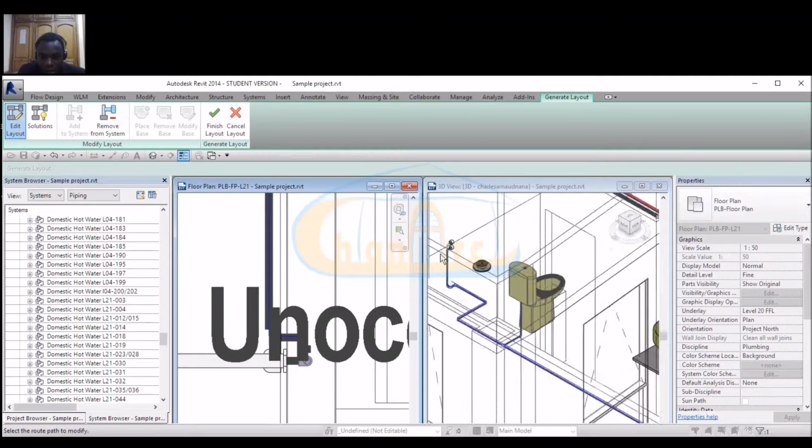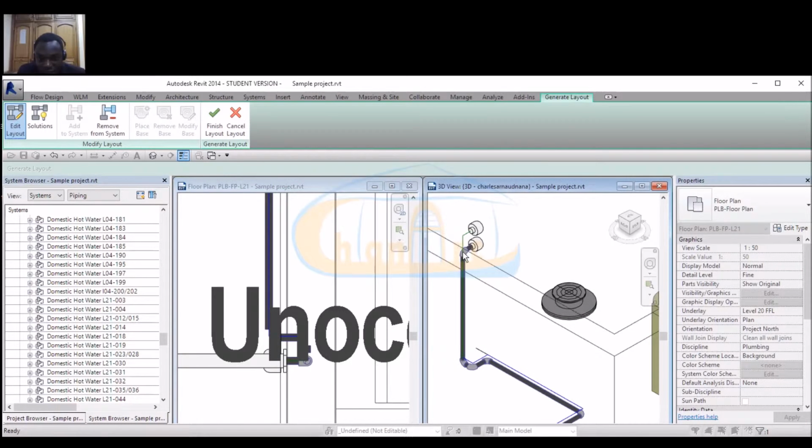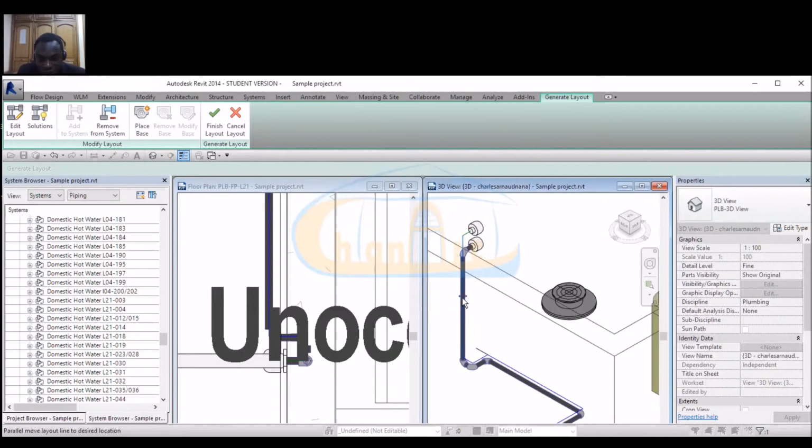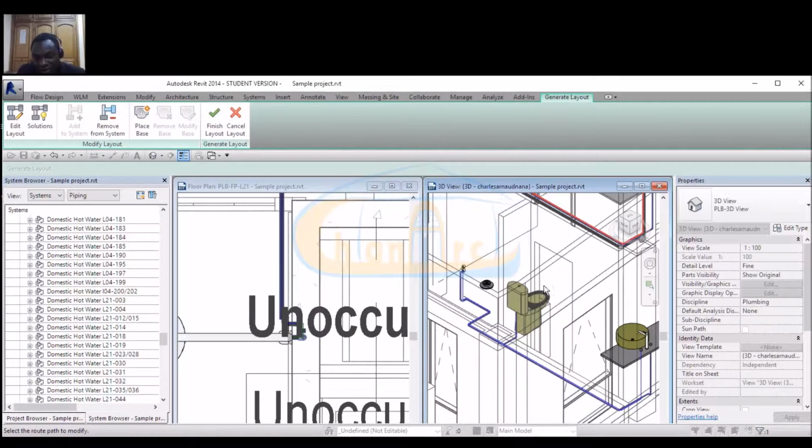Okay, now from the 3D view we can see that we have a problem because these two pipes will be conflicting. The solution is to move it sideways to this corner, so it is going around that pipe and following it. Okay, so that's it for the hot